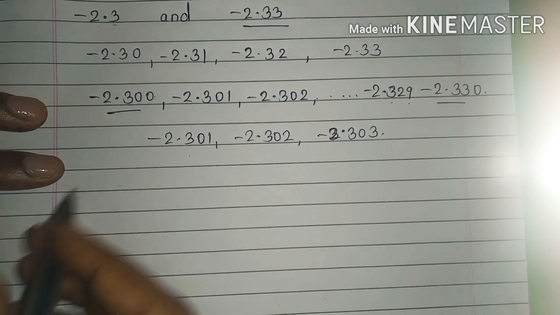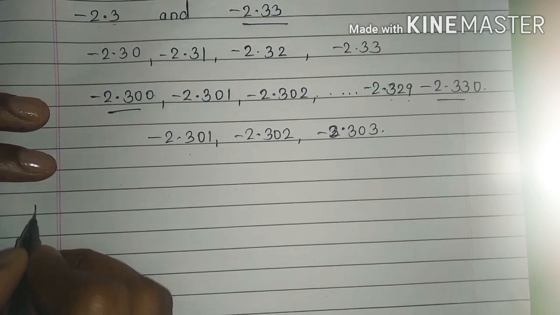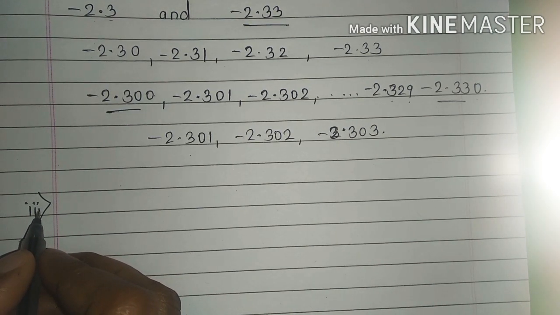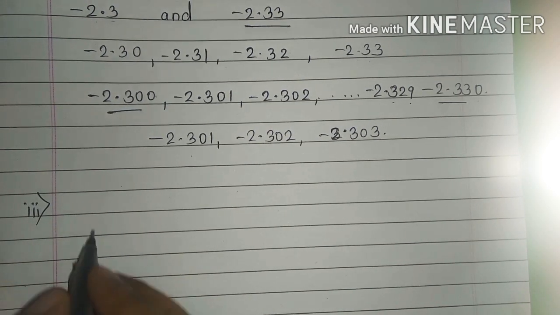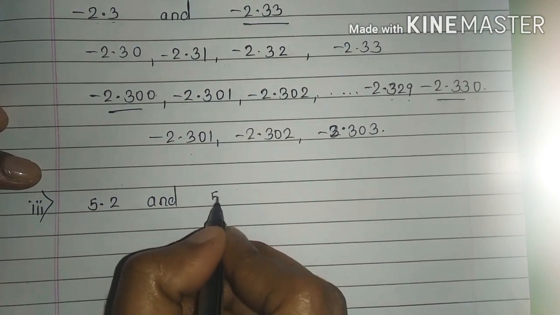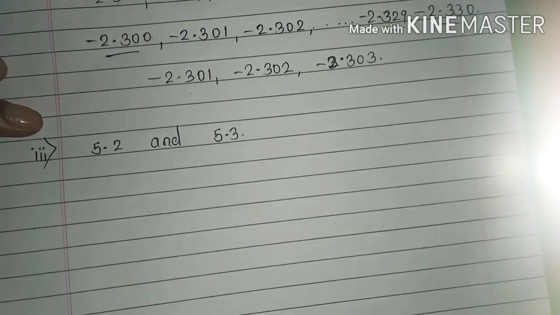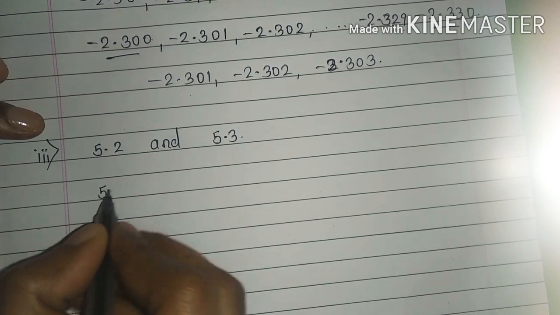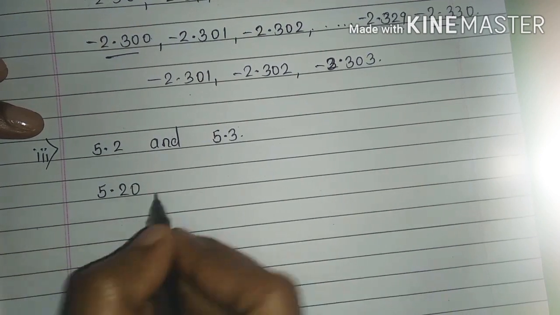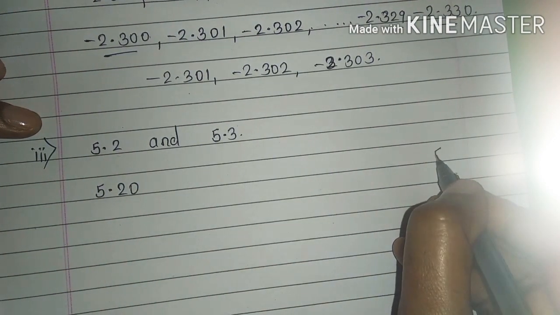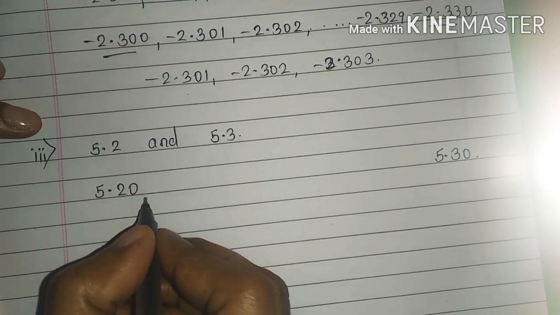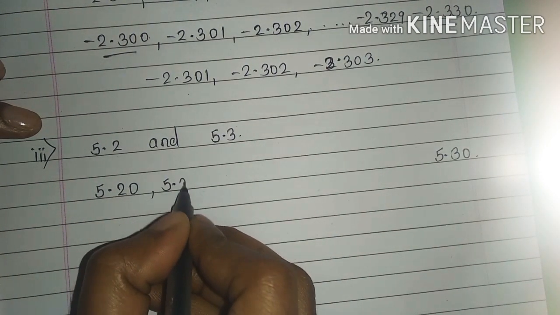Okay. So let us see one more question, that is the third one. In the third question we have 5.2 and 5.3. Now we will make this two-digit. For example, after the decimal point, make it a two-digit number, that is 5.20 and 5.30. Now between these two numbers we have 5.21,